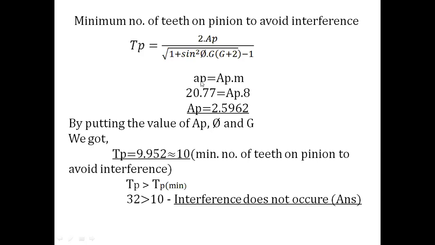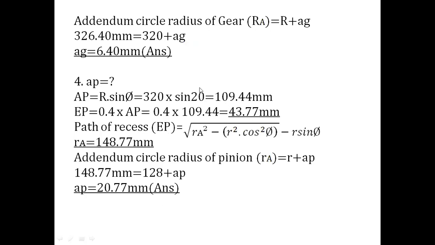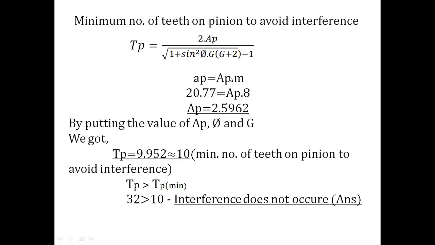So small AP we got here is 20.77, the multiplying factor, into M. It is given, so 20.77 into AP is equal to AP into 8 module. So the value of AP we get here is